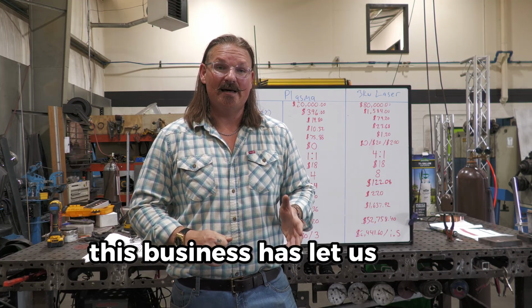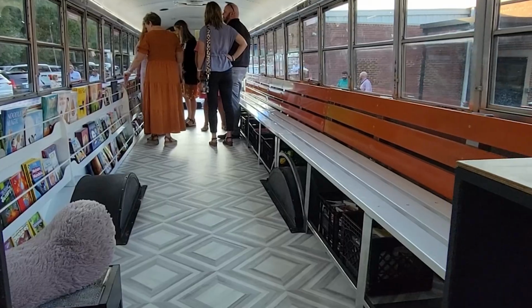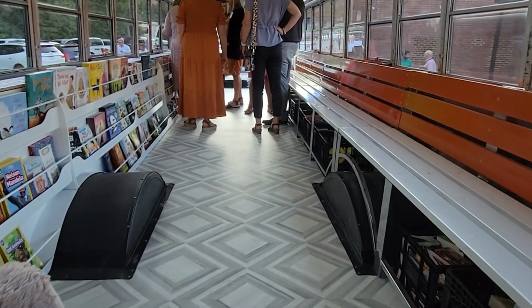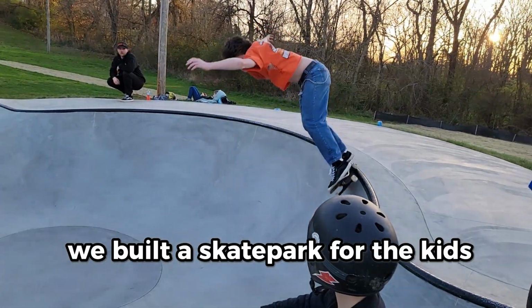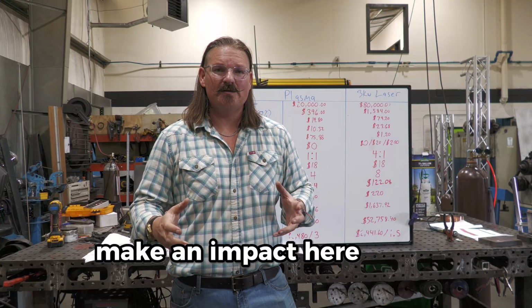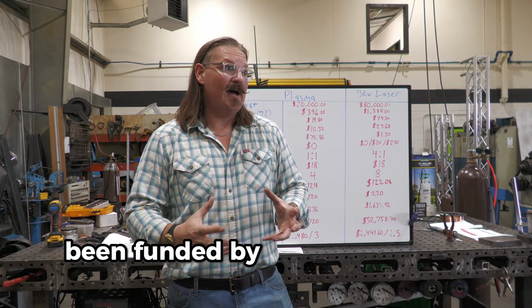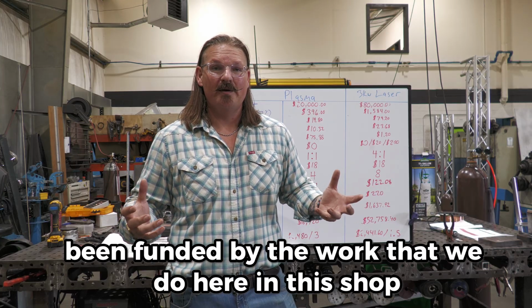This business has let us do so many cool projects here around town. We built a book bus for the kids. We built a skate park for the kids. And we're always looking for opportunities to make an impact here in this community. And everything has been 100% funded by the work that we do here in this shop